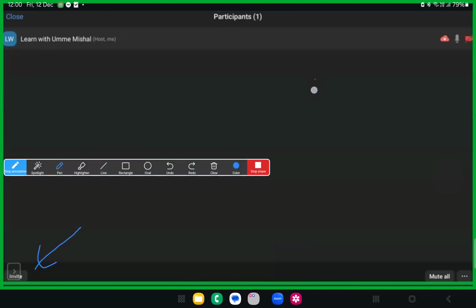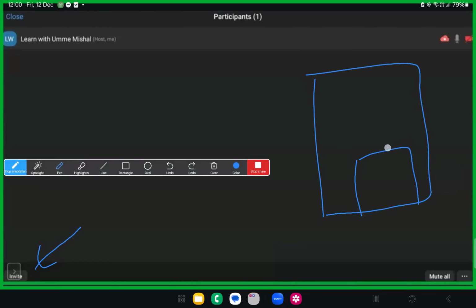Even if you have it now itself, I want you all to try this. But because you are not a host, you won't get this. If you go to the participant icon on the top, and you are hosting the meeting, only then will you have this. There is something called the invite button, or something like this.